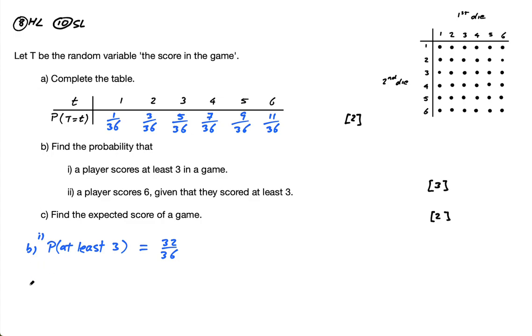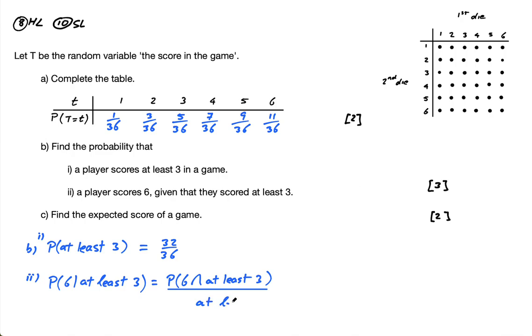So that's B part I, and then this is B part II. A player scores 6 given that they scored at least 3. So the probability that a player scores 6, so 6 given at least 3. Okay, 2 ways to do this. I'm just going to go with the first way that always works. That's the formula. So that's the probability of 6 and at least 3 divided by